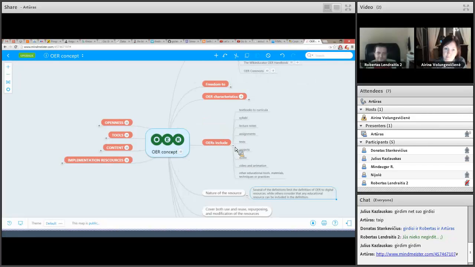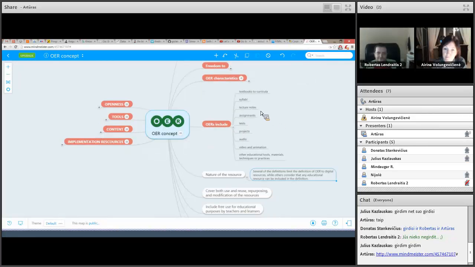Here, some of the members of the team suggested making a list of things which you can include in OER, what it includes. Basically it can be almost anything if it meets some OER requirements.